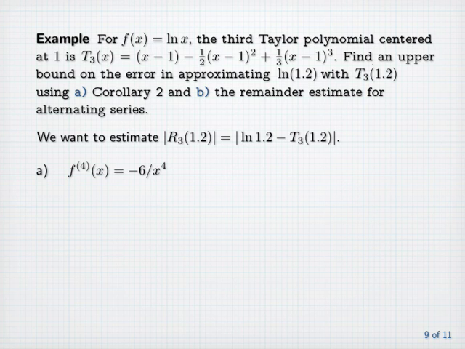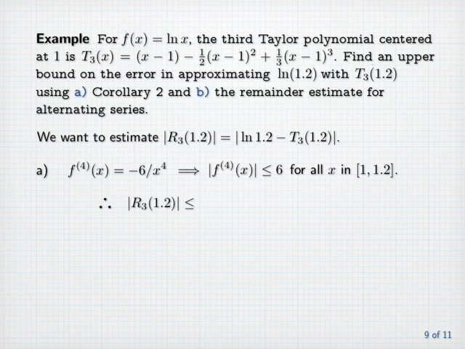So the absolute value of the fourth derivative is 6 over x to the fourth, which is obviously a decreasing function on the closed interval from 1 to 1.2. So, for all x between 1 and 1.2, the absolute value of the fourth derivative is less than or equal to its value at 1, which is 6. Therefore, by Corollary 2, the absolute value of R3 of 1.2 is less than or equal to 6 times 1.2 minus 1 to the fourth power divided by 4 factorial, which turns out to be